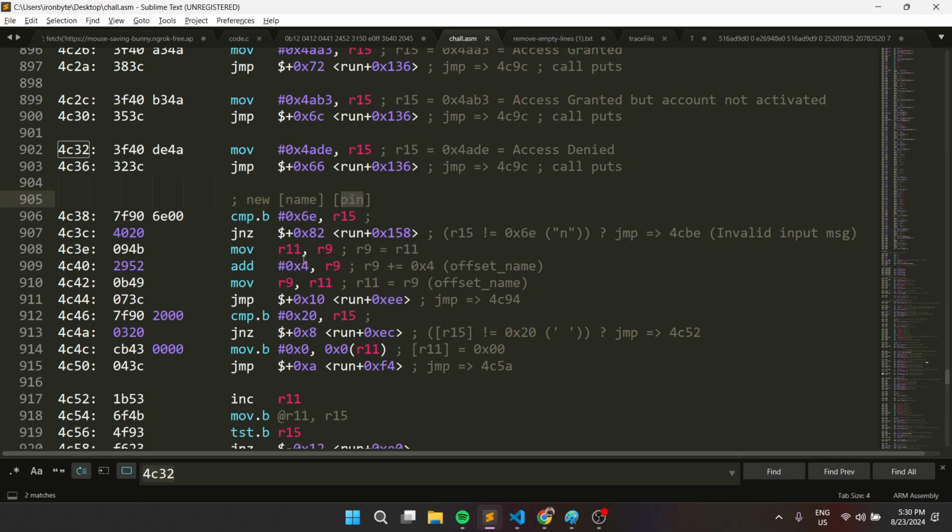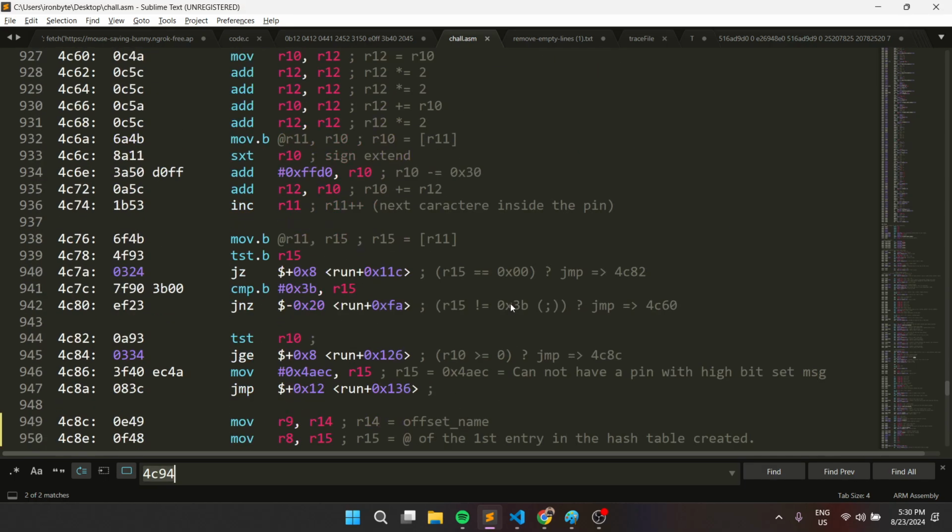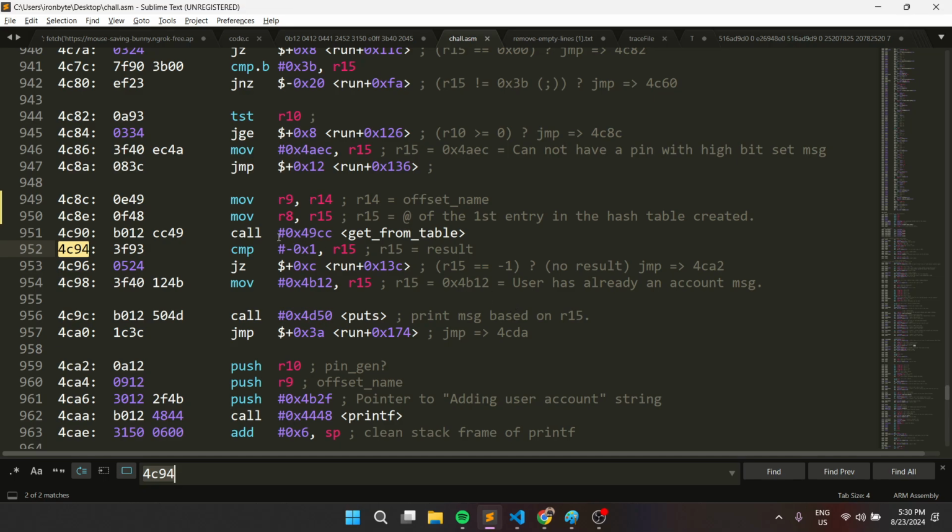To add a new user, we start the command with N, and we give the name and the pin. So we move what's in register 11 into register 9. To register 9, we add a 4, which means that we go 1, 2, 3, 4 to get to the name. So this is the offset of the name. And then we jump back to this one, and